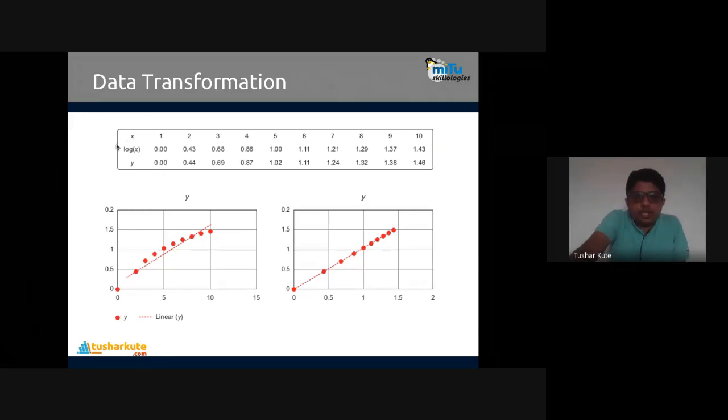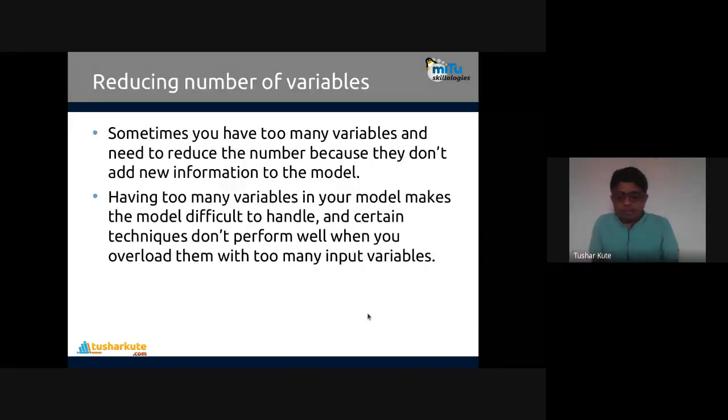When you apply the log of x function, my data will become linear, something like this. So this is a simple example of data transformation. Just like all other steps, data preparation is a very important step in the data science process, because it decides how effectively you build your model and what the accuracy of your data model is. This is one of the examples I showed of data transformation.